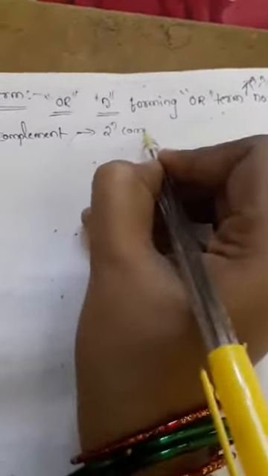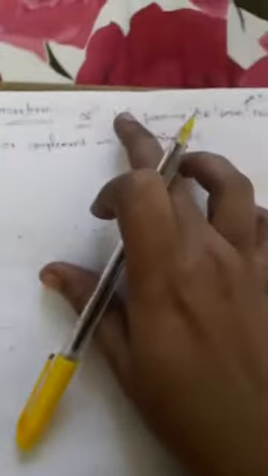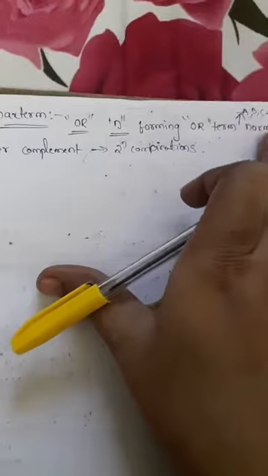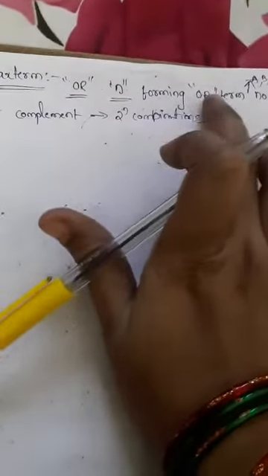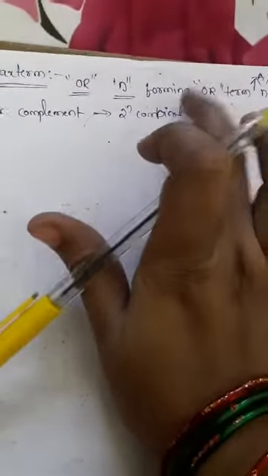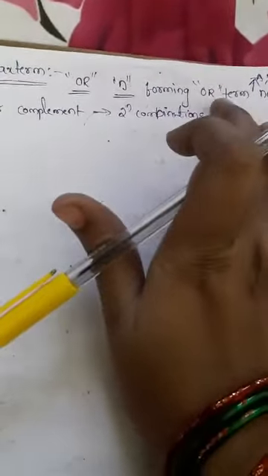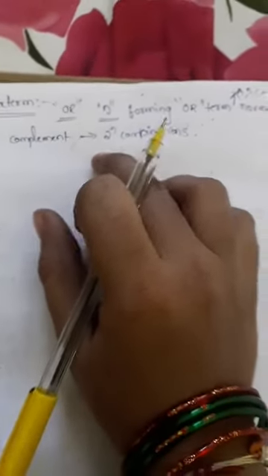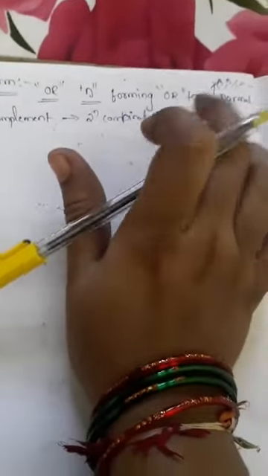The minterm has the same definition, but with n variables forming an AND term. For a minterm, n variables forming the AND term, with each variable represented in normal or complement form, provide 2 power n combinations. For the maxterm, the difference is OR in place of AND: n variables forming an OR term, with each variable in normal or complement form, provide 2 power n combinations. So this is called the maxterm.